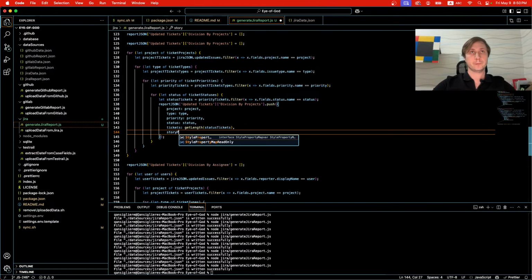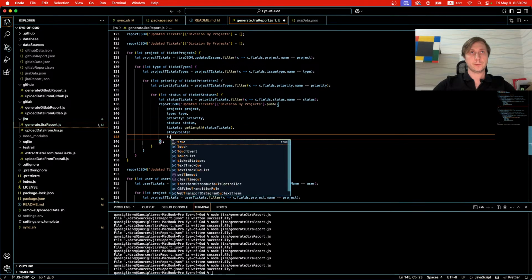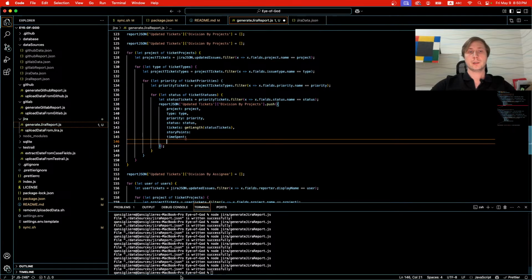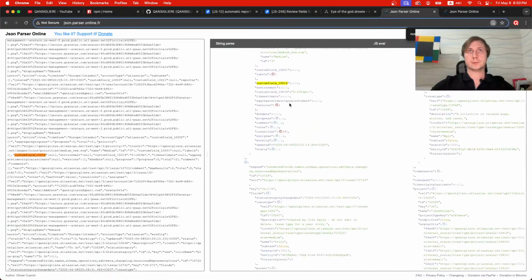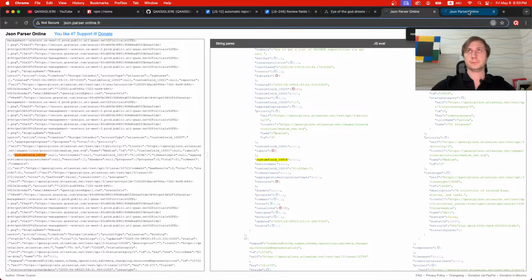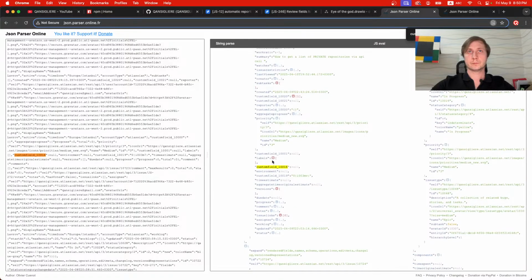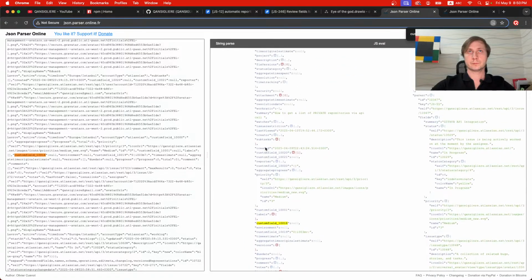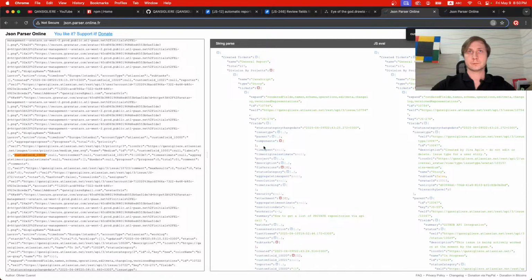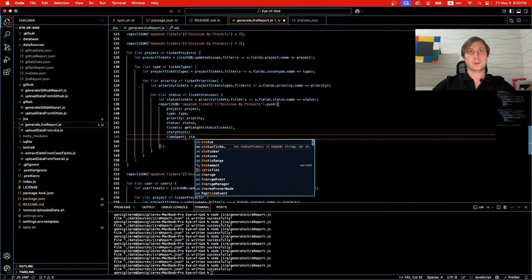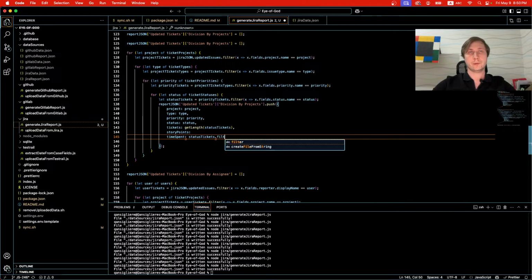Story points, time spent. What else can we track? Time spent. Okay, status ticket, map,